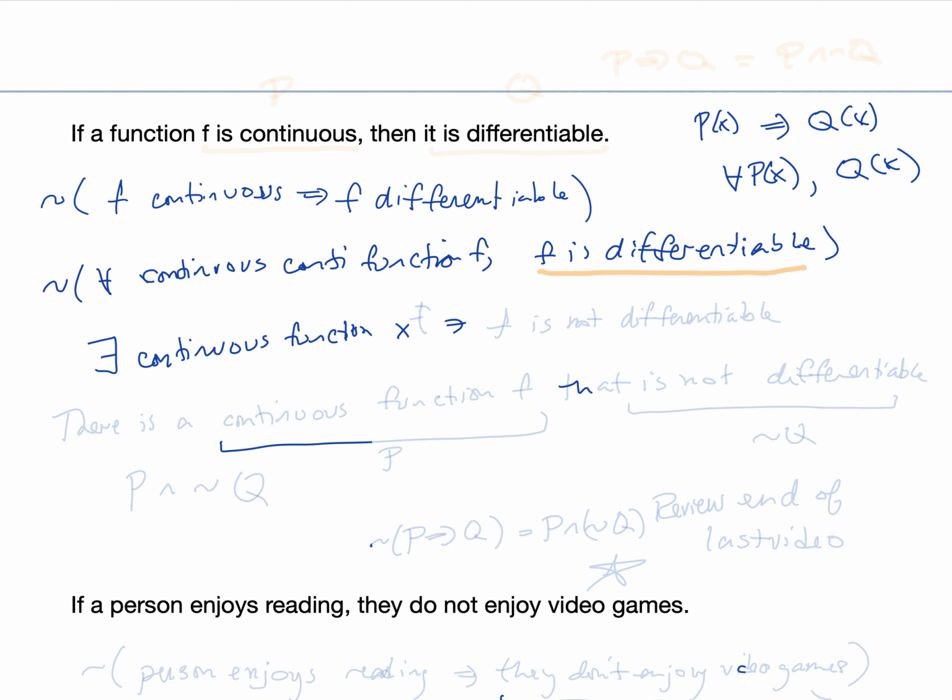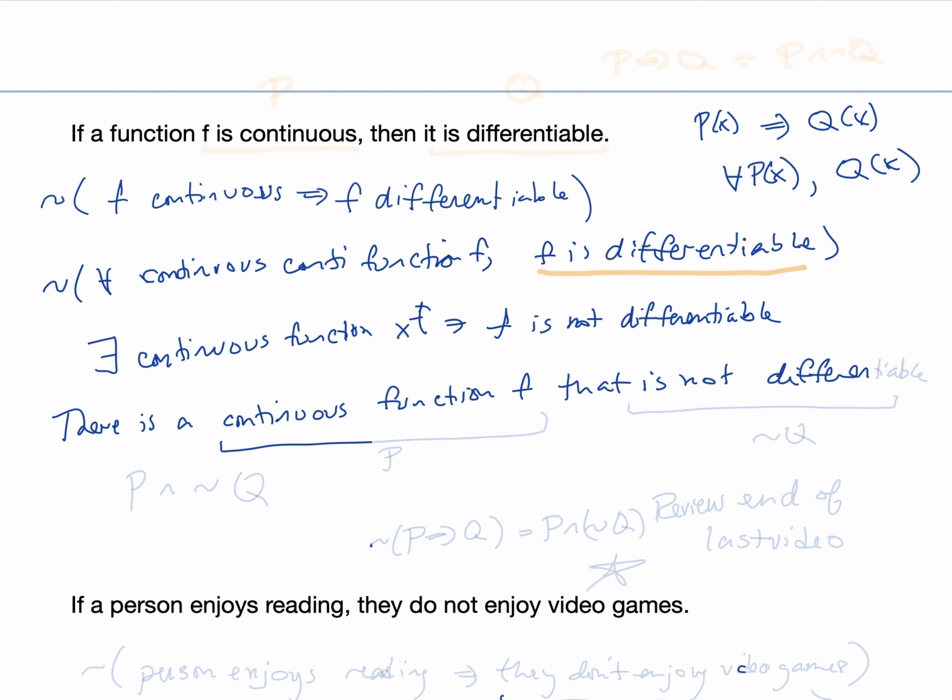The negation of f is differentiable is f is not differentiable, such that f is not differentiable. Or if we wanted to put that in words, there is a continuous function f that is not